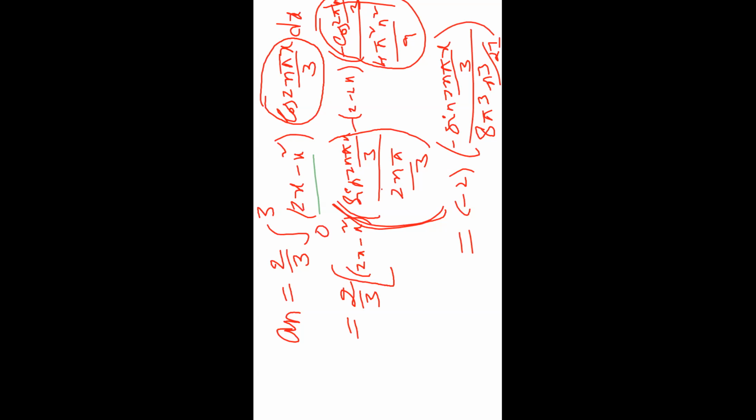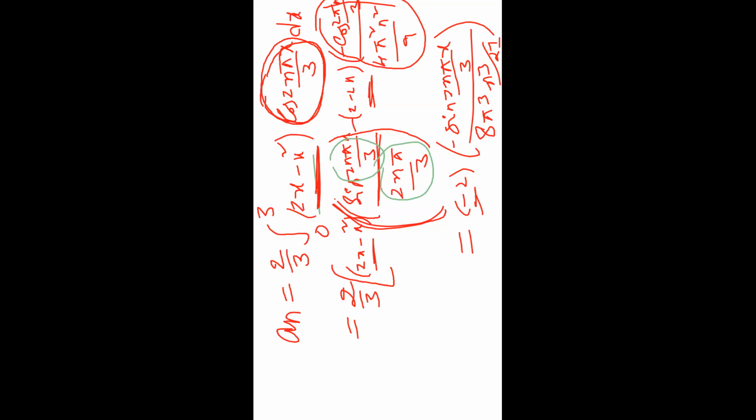This is the expansion of the an series. So we have to find out the integral of (2x minus x square) into cos 2n pi x by 3. Using integration by parts, taking 2x minus x square as the first function, the derivative of 2x minus x square is 2 minus 2x, and the derivative of 2 minus 2x is minus 2. Integrating cos 2n pi x by 3 gives sin 2n pi x by 3 divided by its multiple of x, so we write the multiple of x in the denominator of the integration, and integrating sin gives minus cos.